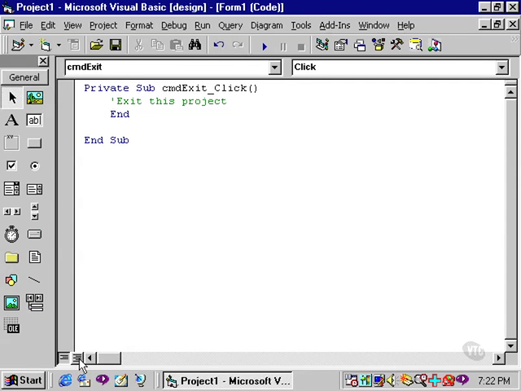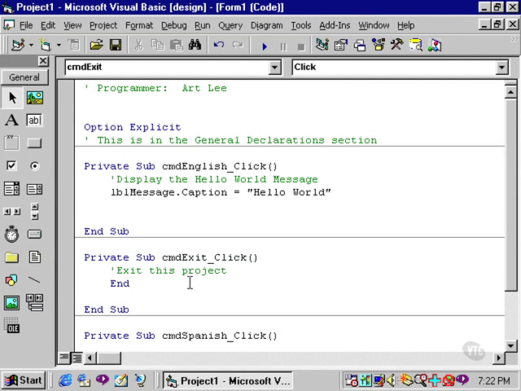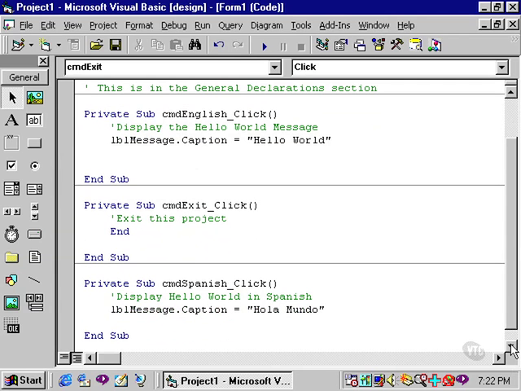If, however, you would like to view all the code, you can also go back to full module view. This becomes very convenient when you're trying to view more than one code window and you want to use copy and paste. For example, in my original program, before I had typed lblMessage.Caption equals Olamundo, I could have chosen to simply highlight